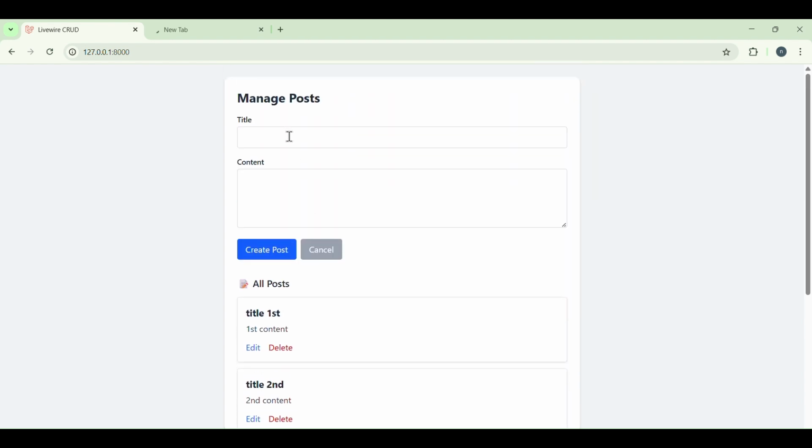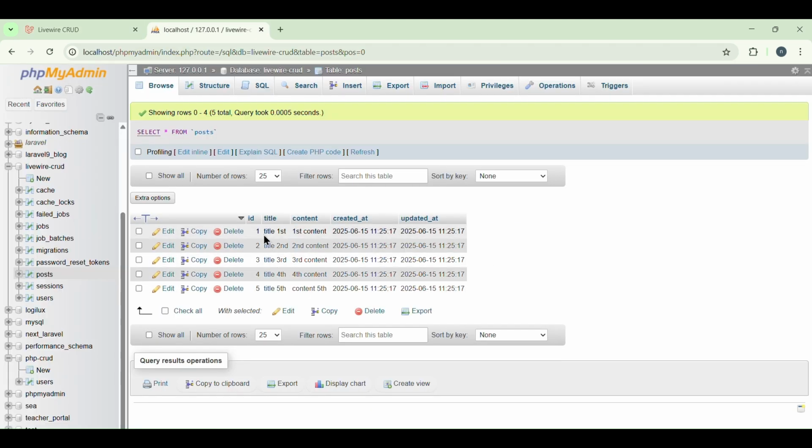So today we are going to do this: when I enter some value in title, suppose test, and content is demo, and when we click on this create post, this data will be inserted into our database. You can see in the database there are only 5 records which we have inserted with the help of